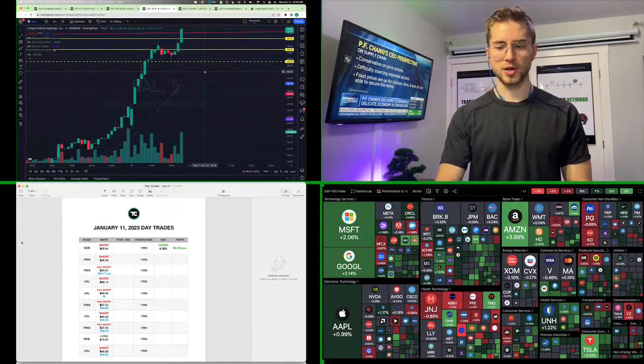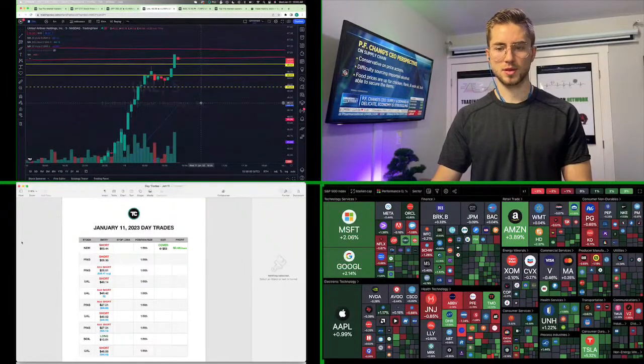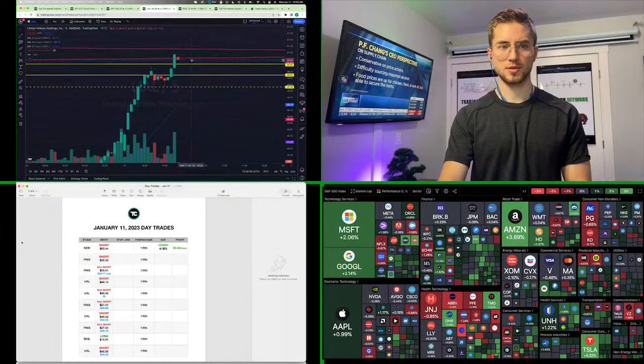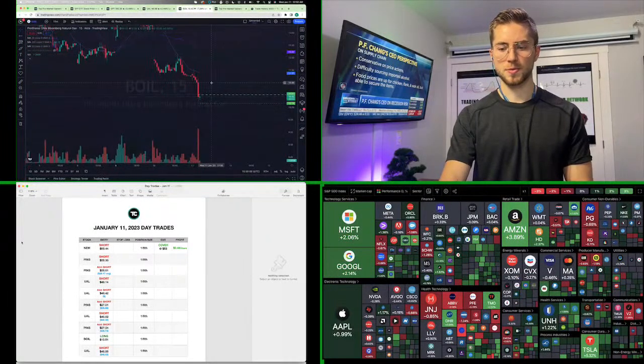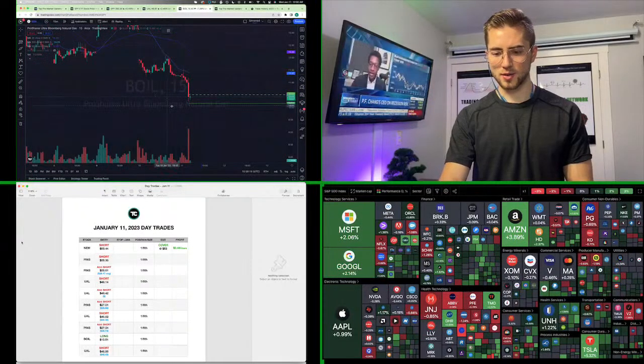Get ready to add to UAL if it pierces that 47 level. It's coming up as we speak. Oh, just missed that level. Let's look at BOIL. BOIL's still the next add levels down here, and then we can even go to